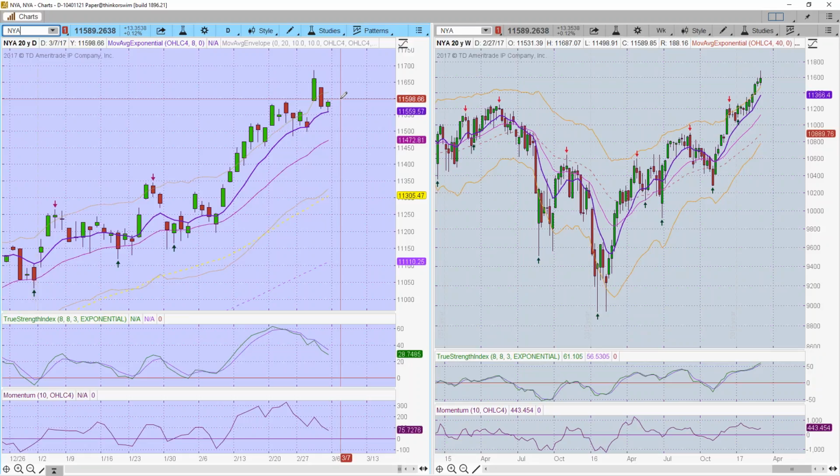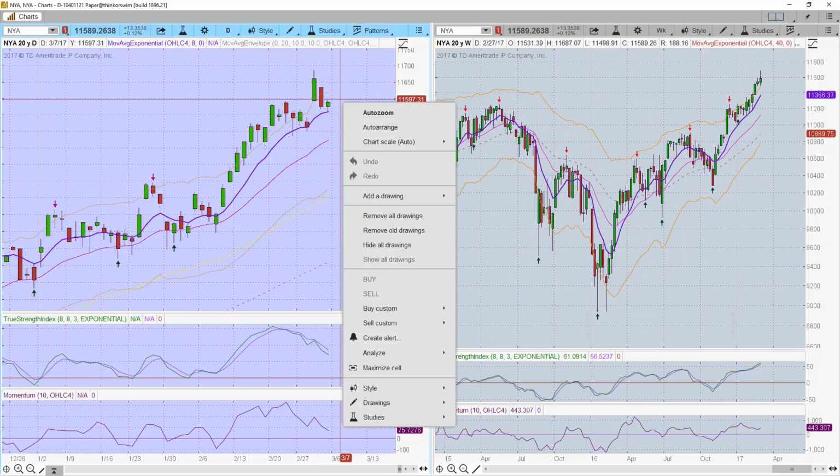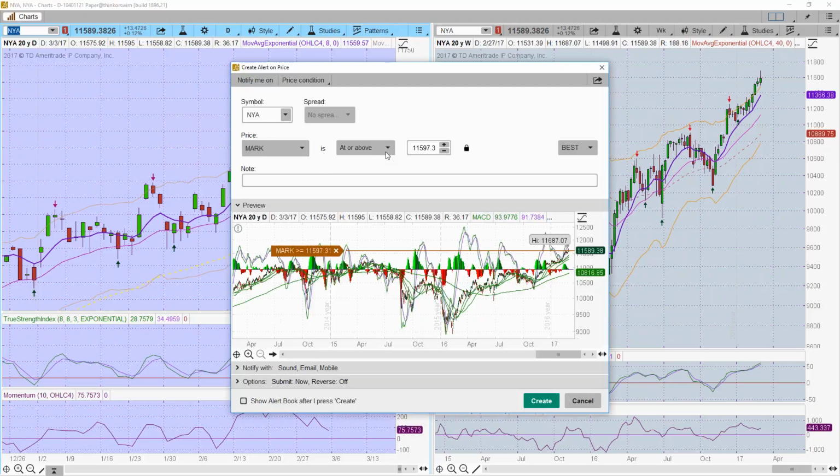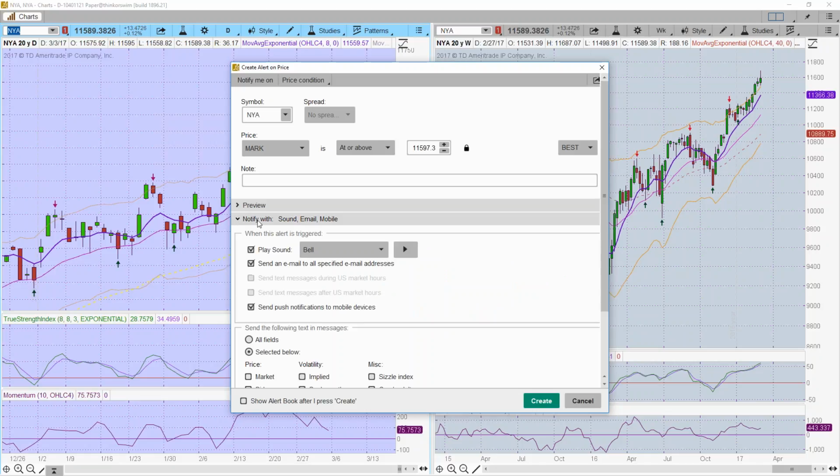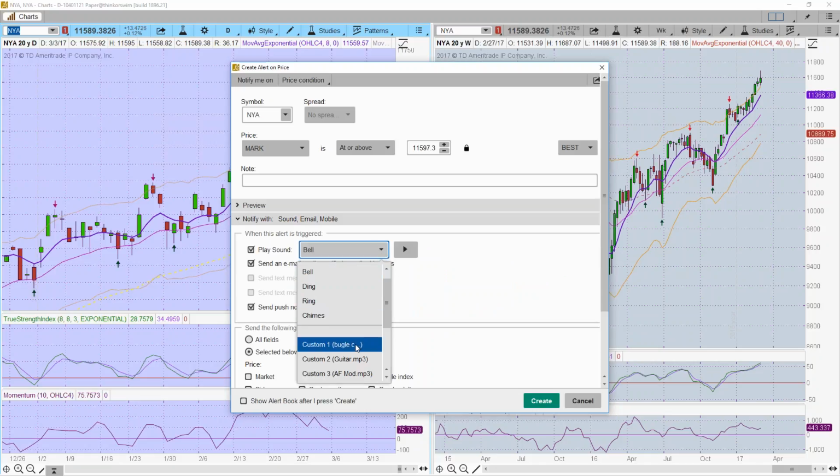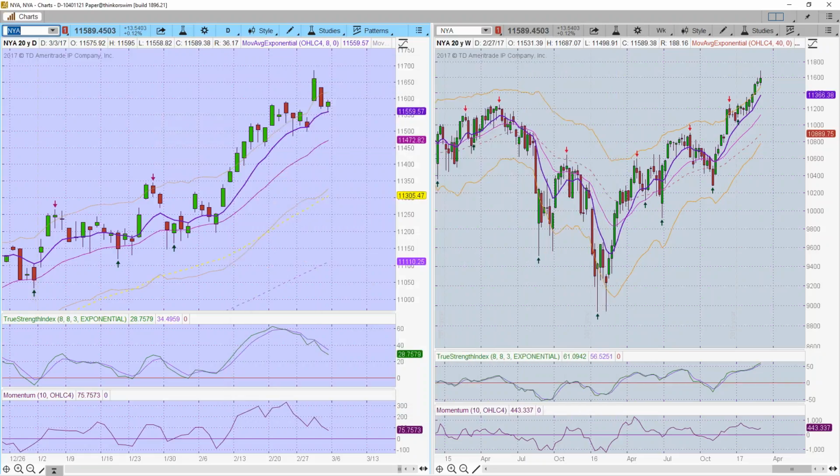I can put the alert up here, and if it breaks back above that, I mean it's going above the high of the low day, which could potentially be an indication that, okay, the uptrend is running back in, is moving back up. And so I would just throw in a real quick alert at or above that level and put in whatever sound effect that I would like it to play so that it will alert my attention to say, okay, something has happened, go check your screen. That way I'm not just stuck at the screen all day long.